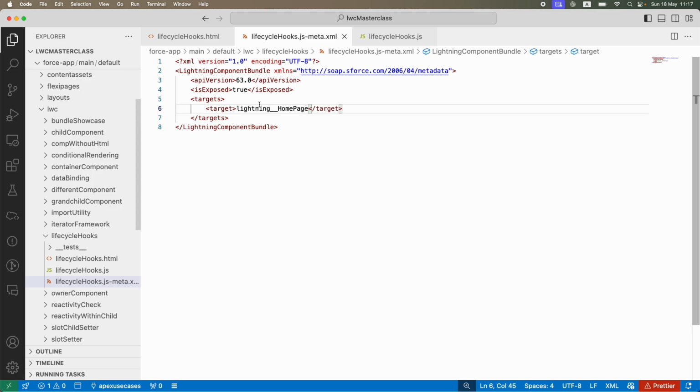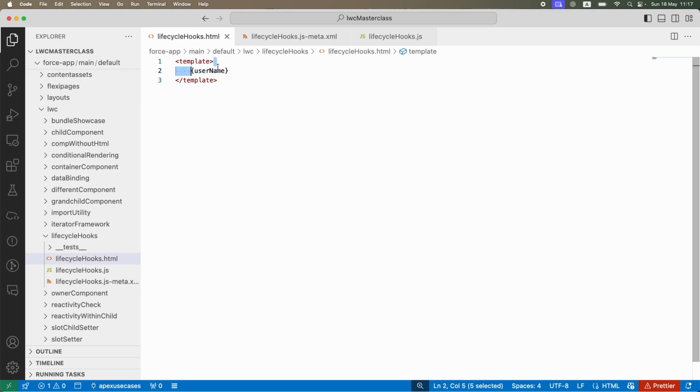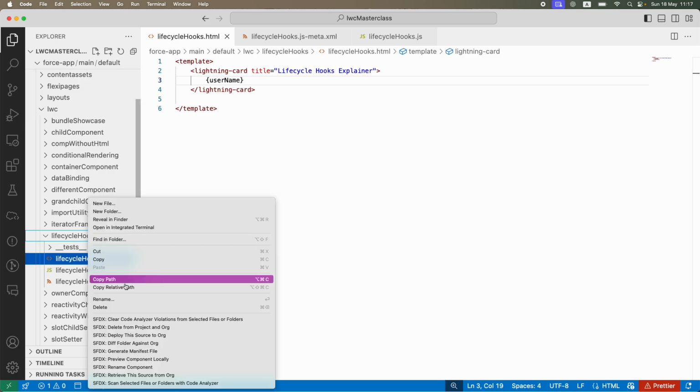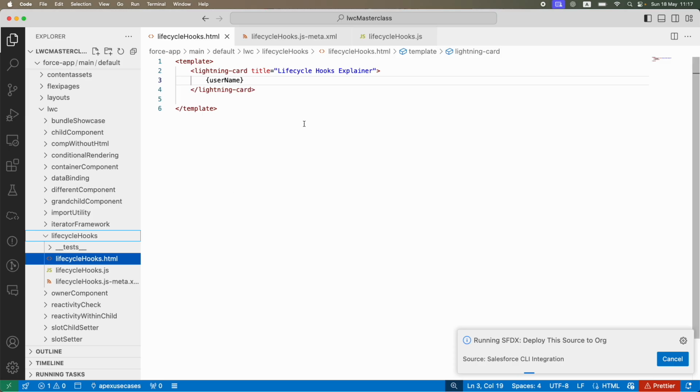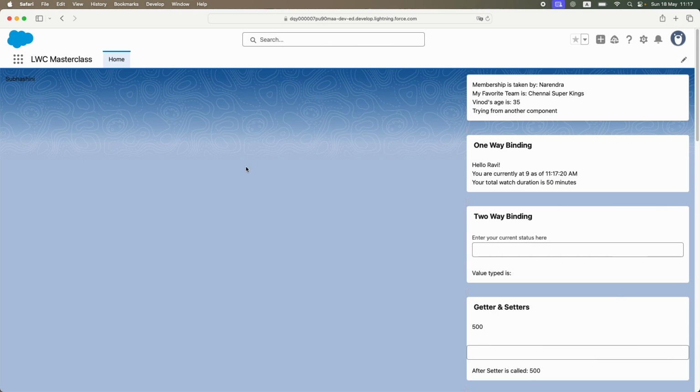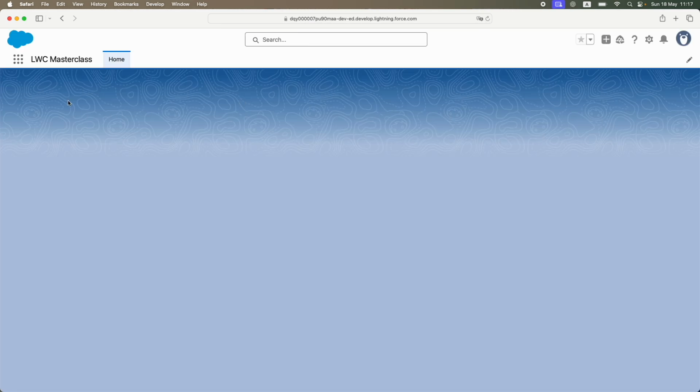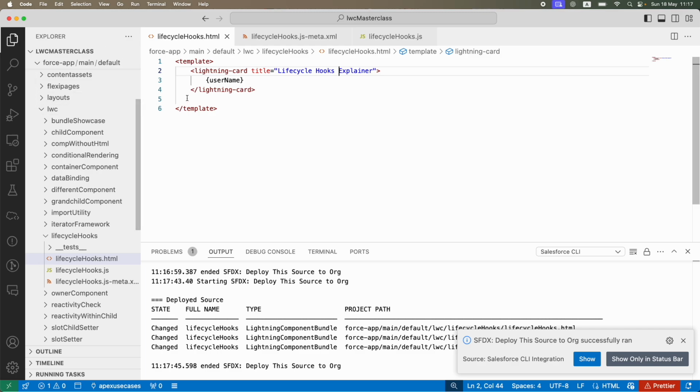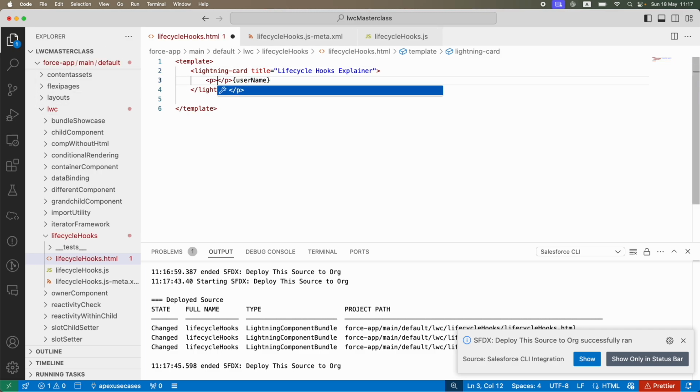Let's go back, and here I'll just create a card. All right, and I'll just put this particular variable value here. Done. Deploy. Lifecycle Hooks explainer. Refresh. So I should now see a white screen with a name here. All right, perfect. It is showing up here, but I don't like the spacing, so I'm just going to wrap